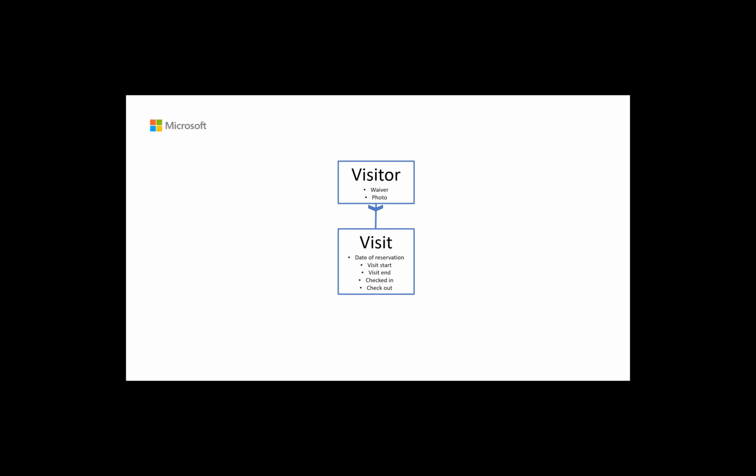The visit and the visitor are the center of our story. Visitor rows will contain data that is just about this visit, such as the signed waiver and the visitor photo. And the visit table is a custom table, not a custom activity, and it will keep track of the purpose of the visit, visiting parties, reservation information, and visit details like check-in time, check-out time, which tracking device has been assigned to the visit, and so on.